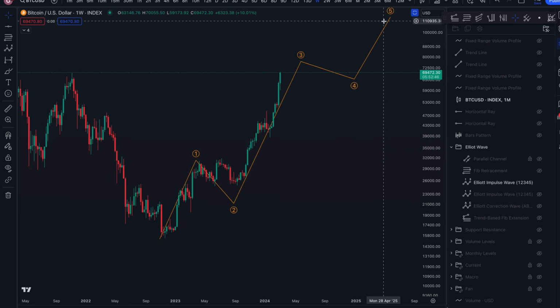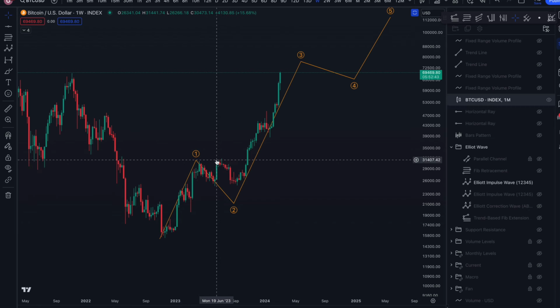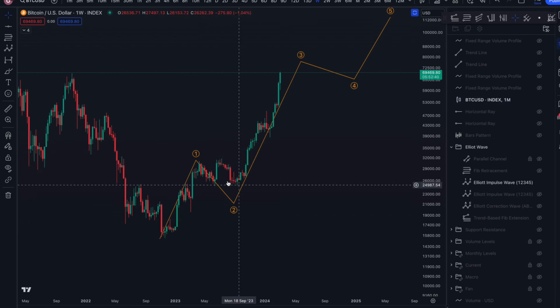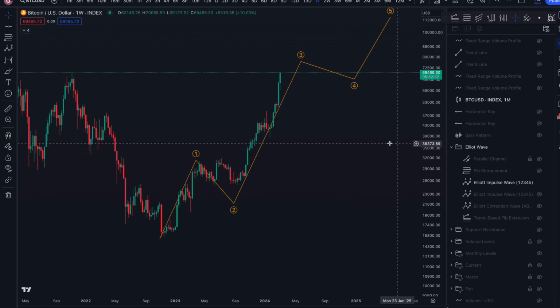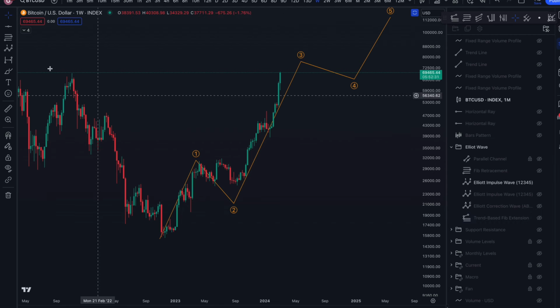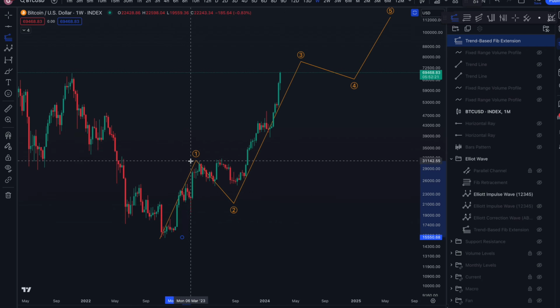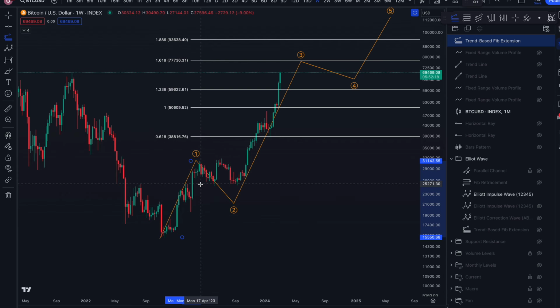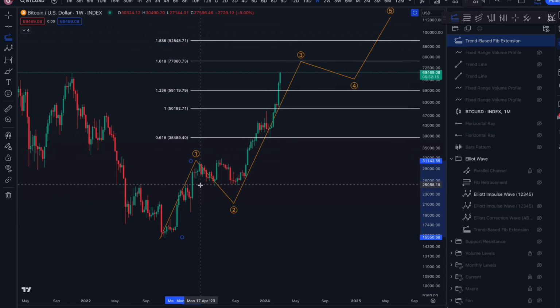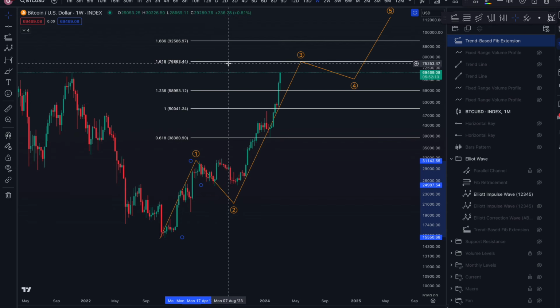But as we're looking at the market right now, we can say if that was a wave 1 and that was a wave 2, let's put the trend based fib on to see exactly where we could end up on this wave 3 target. So we got wave 1, wave 2 here, wave 2 is coming down here. So we got this 1.618 at around 76,000, 76,000 could be a good target for this wave 3, and